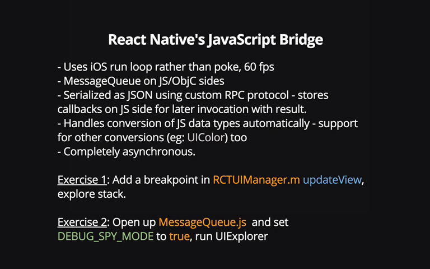Another exercise is open up MessageQueue.js, as I mentioned before. Set debug spy mode, which is just the variable at the top of the file. Change it from false to true, and then just look in your console inside of Xcode, and you'll see this huge stream of messages as you do things in your UI. And that's where I got the example a few slides ago, where I showed how we updated the text inside of that clicking app with React Native. I just took those directly from there and put them